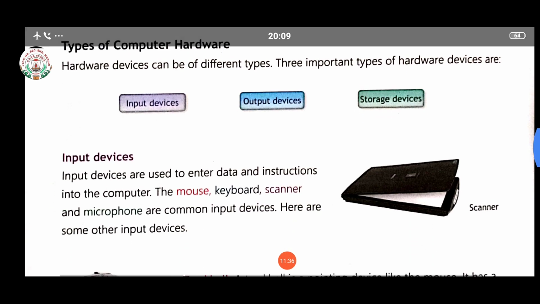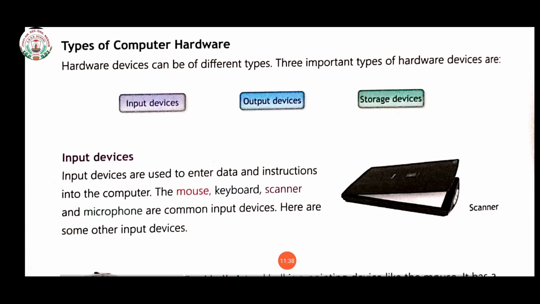Now first, input devices. Input devices are used to enter data and instructions into the computer. The mouse, keyboard, scanner and microphone are common input devices.